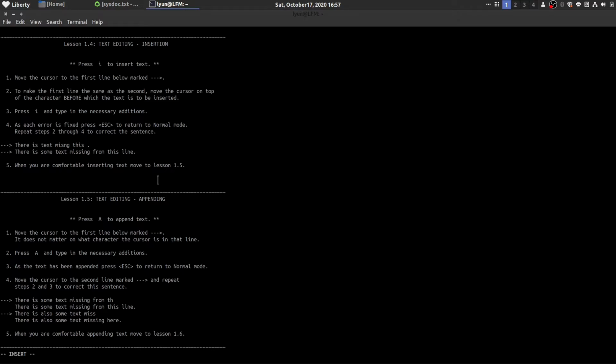Okay, now that we're in insert mode, we can use our arrow keys to get around. You don't use the HJKL keys in insert mode because you're inserting text. So if I tried to do that, like HJK, you see what I mean? It's not going to be a thing you do once you're in insert mode, but you just type normally in insert mode. Whoops. Let's get back over to here. So let's go ahead and put that in there, and then there's some text missing from this line. Oh, okay, so we have to complete the line. I forgot. So we go back over here, and then we do some text missing